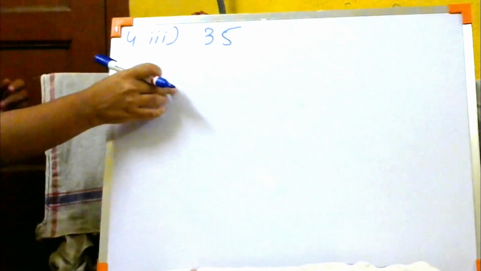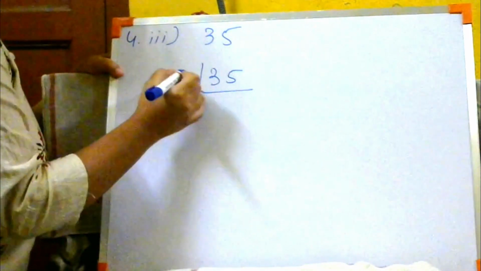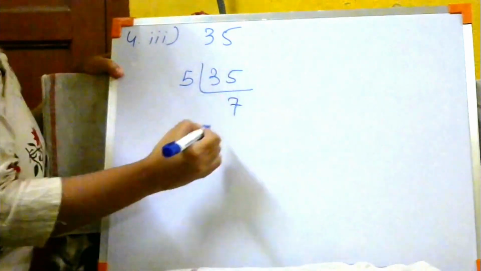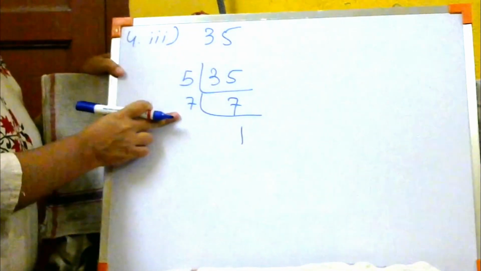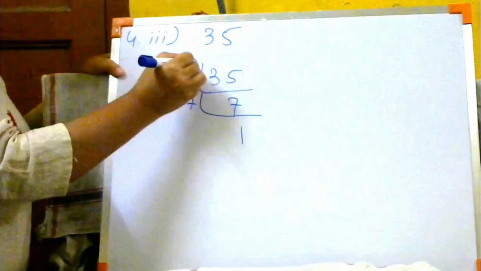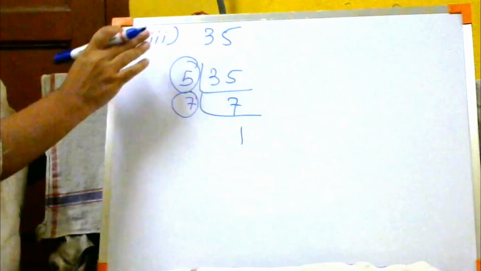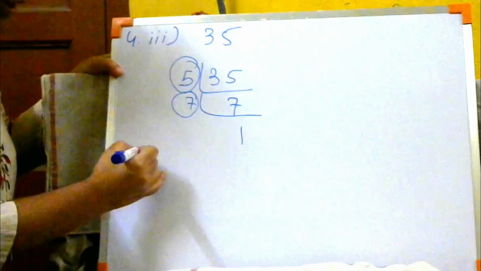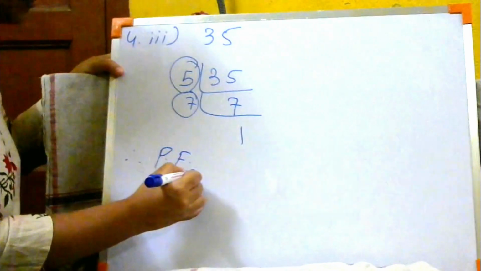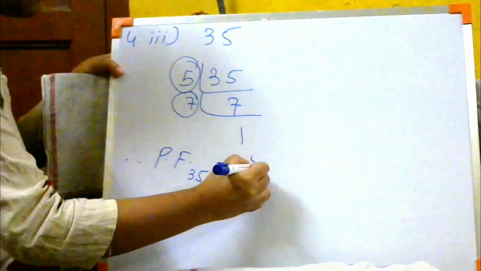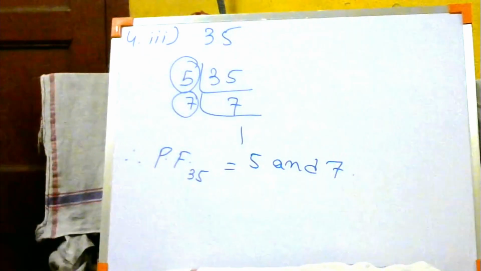So how are we going to find the prime factor of 35? Similar way, we are going to do it like LCM. Prime factor of 35, let us do it: 5 7s are 35, isn't it? And then finally 7 से 7 को divide करेंगे तो 5 and 7. Right? So there are two numbers. One is 5, one is 7. So these two are the prime factors of the number 35. Clear? So you can write over here: therefore, prime factor of 35 is equal to 5 and 7. This is the answer. Did you understand?